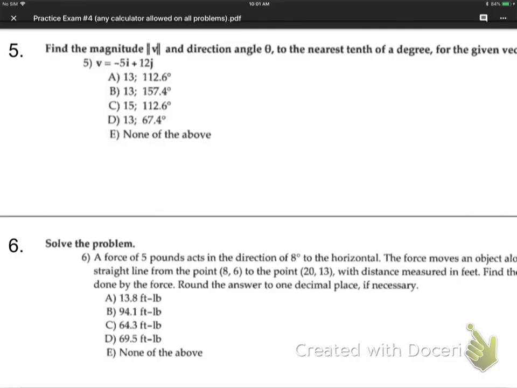I'm going to go to a fresh screen to find the angle. All right, so to find the angle, let me do it wrong first. Here's the mistake: if you just simply have the formula, tangent of theta is j over i, that's not really the whole story. You'll get it wrong. You'll go, okay, so then theta